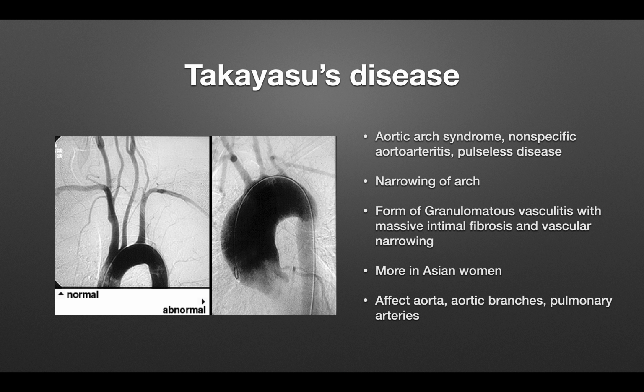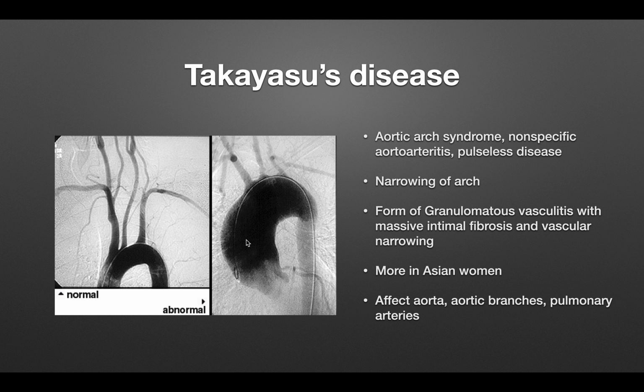So Takayasu's disease is also known as aortic arch syndrome, and it's a non-specific aortoarteritis. It just means the inflammation of the aortic arch, and it's going to cause a narrowing of the arch. So though it looks very inflamed and gorged,